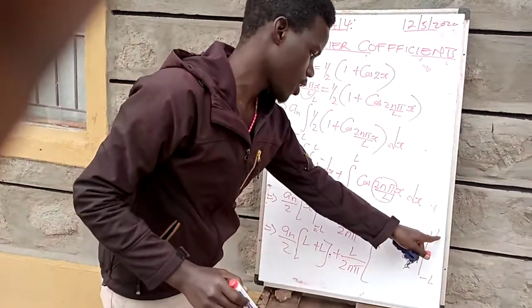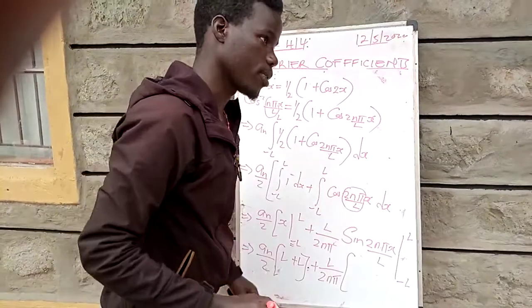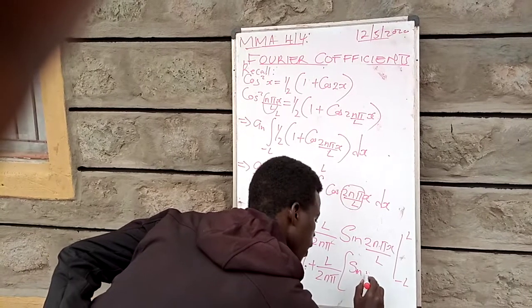If you substitute L here, L is going to cancel with the L in the denominator, so that you get sine of